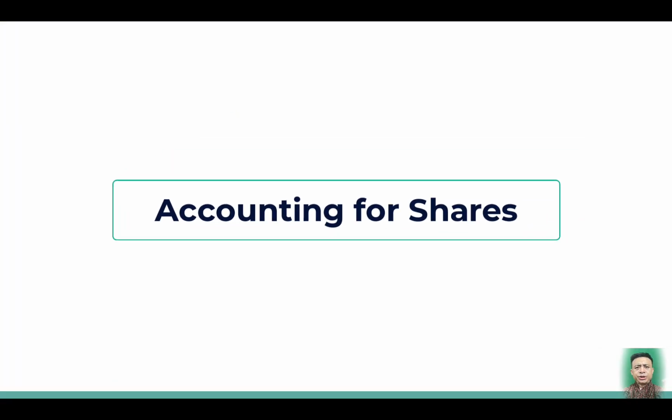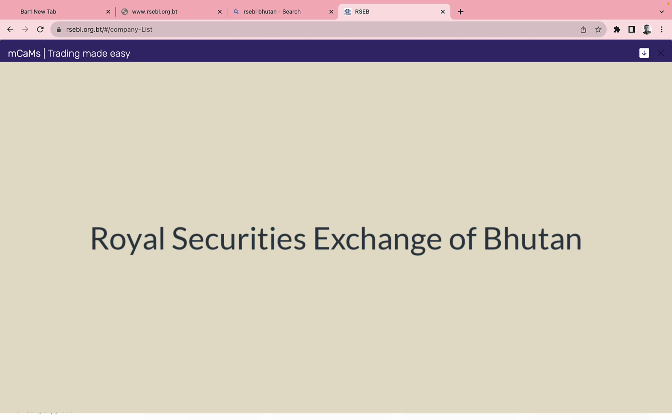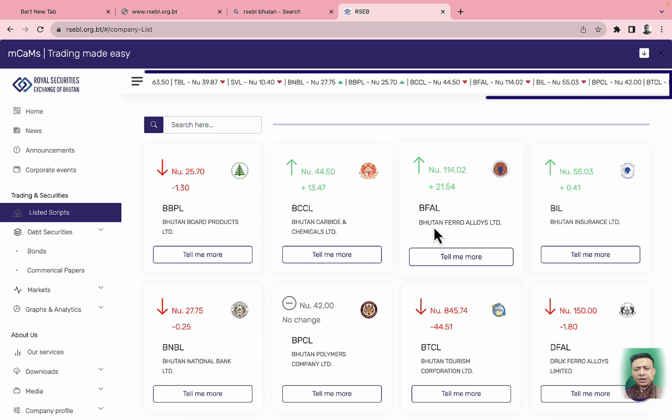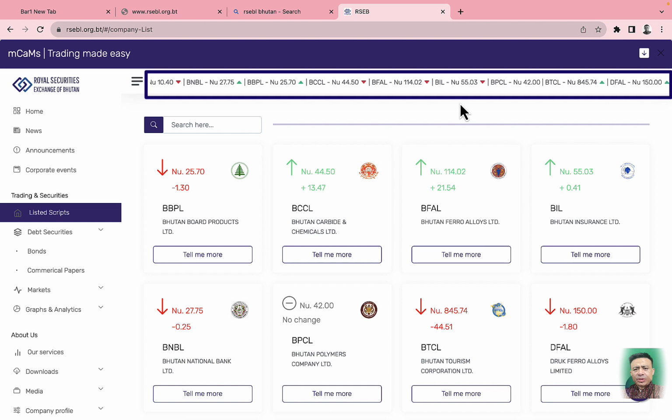Hi everyone, today I'm going to discuss accounting for shares. Before I delve into the actual topic, let's visit the stock exchange of Bhutan, the Royal Securities Exchange of Bhutan, and see a live example of some of the shares that are listed on the stock exchange. If you see above, the numbers which are moving are the live prices of the shares that are traded